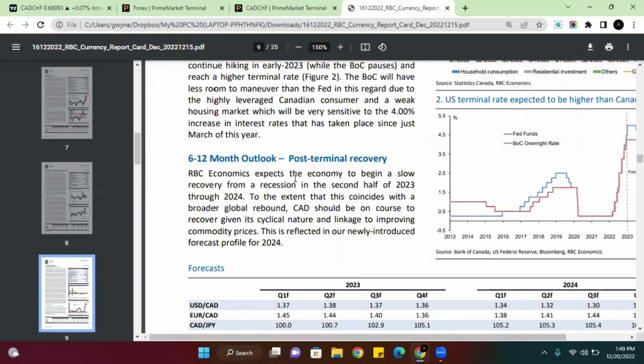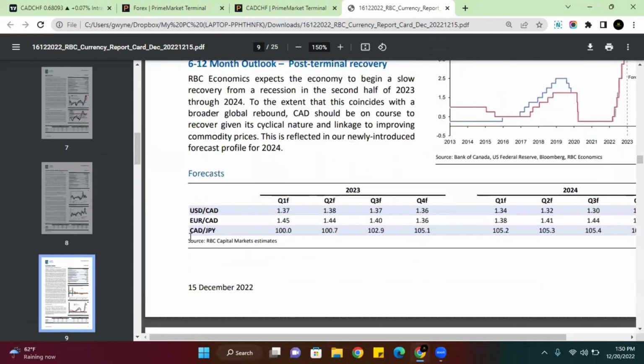RBC Economics expects their economy to begin a slow recovery from a recession in the second half of 2023 through 2024. It's a very slow recovery from a recession to the extent that this coincides with the broader global rebound. CAD should be on course to recover, given a cyclical nature and linkage to improving commodity prices. This is reflected in the newly introduced forecast for 2024. So CAD,